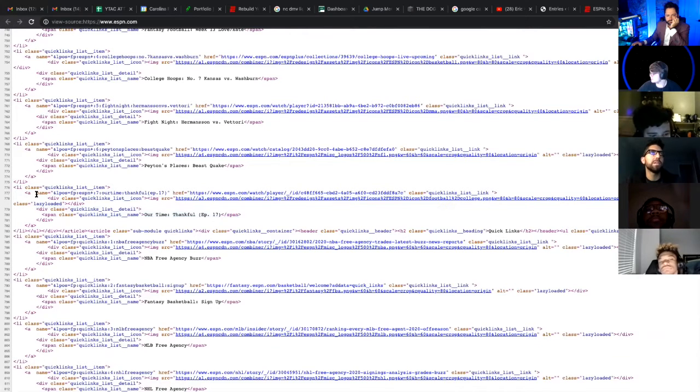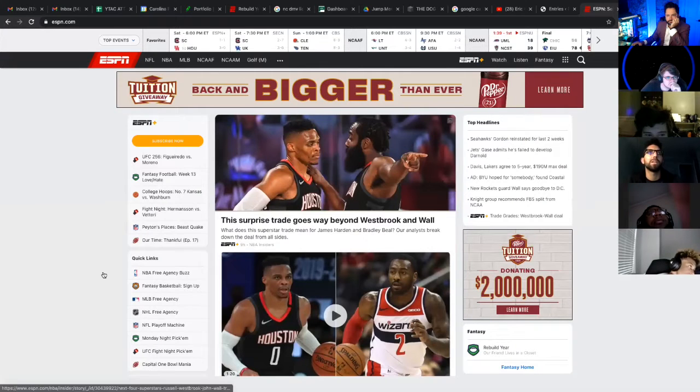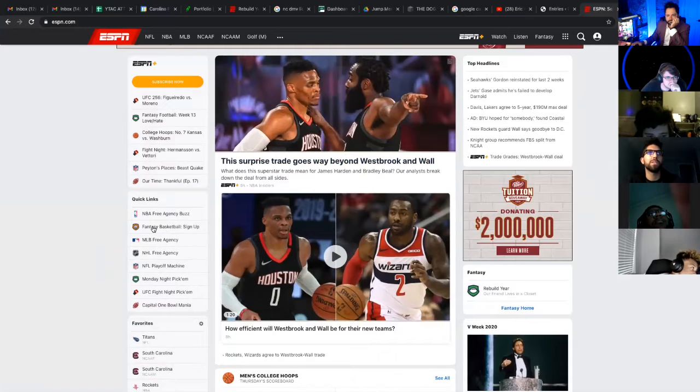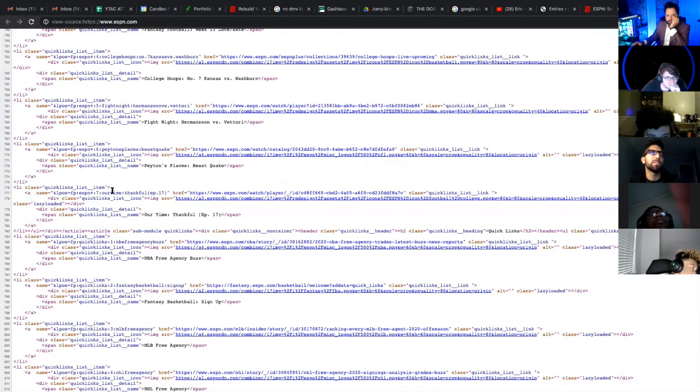So basically, if I'm looking at the code, again, I'm trying to understand how I can talk to this computer. I have a list, is what it's saying, list class, quick links. So let's try to guess what that is. I'm going to guess there's a quick links. Yep, right here, quick links. So there's a bunch here. Let's see what this one's named. List, quick links, item. You can see the href that's going to send me to